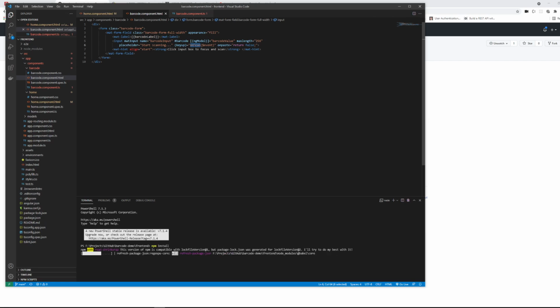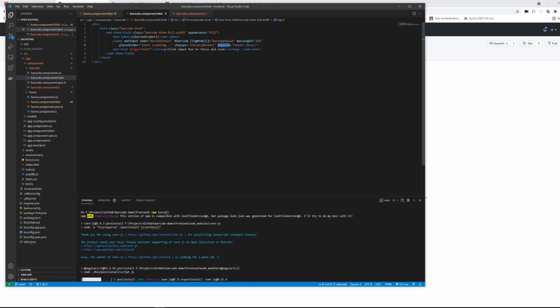We want to make sure that it can be a key up or key down, key change. I decided to do this on paste to return false, just because. So people cannot just paste any barcode numbers here. So the whole idea here, well, there's more than that, but the trick here is,